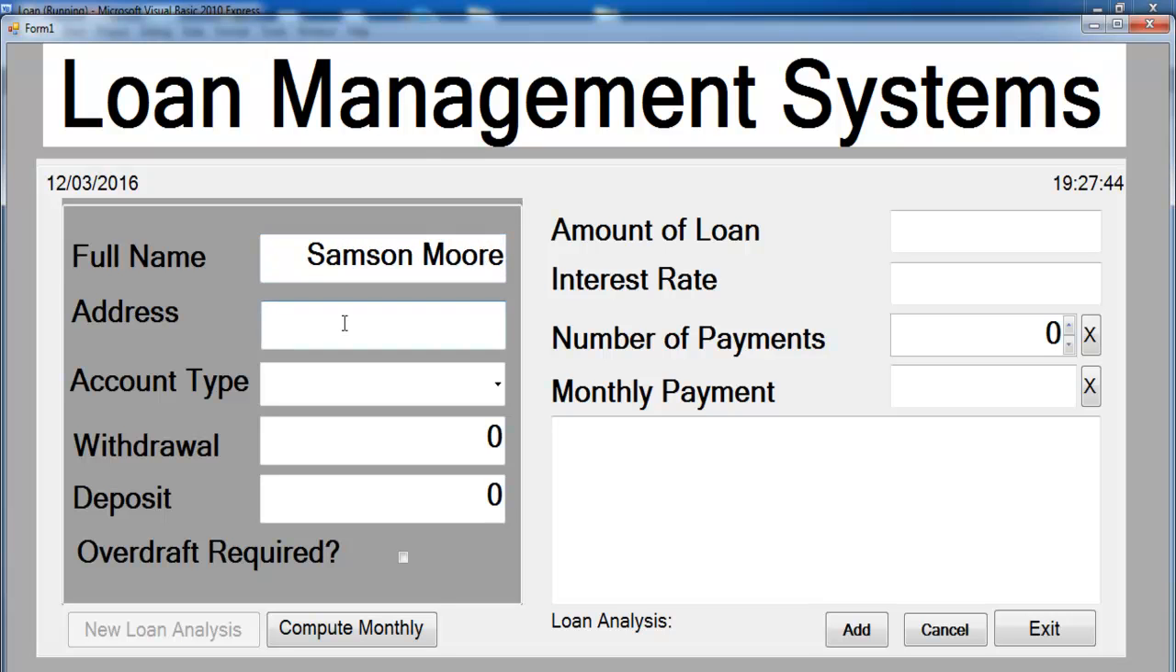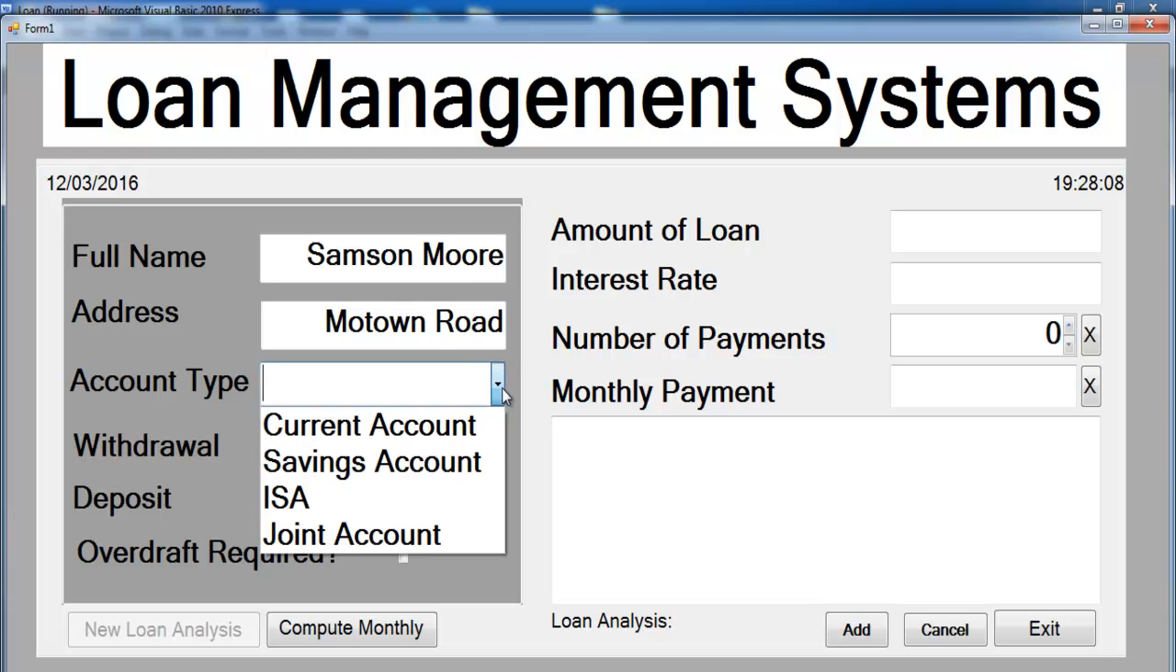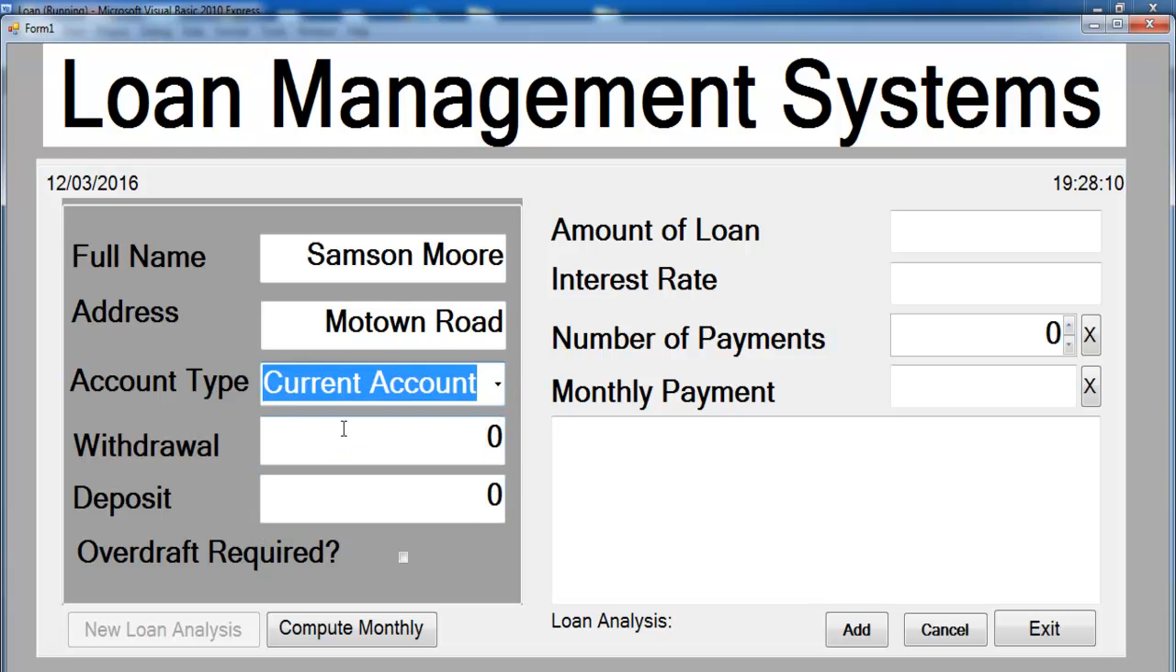An address, maybe Motown Road. And type of accounts, so let's go for current account and withdraw. Let's say he's not withdrawing or not depositing anything. Overdrafts, nothing, he ain't got nothing, but he wants a loan, so we can always